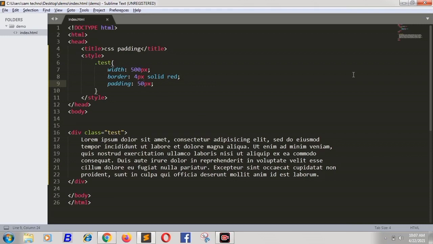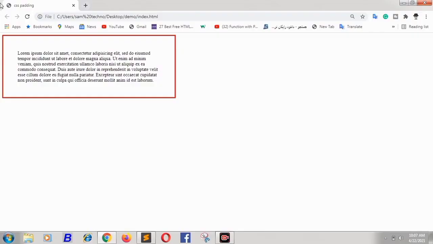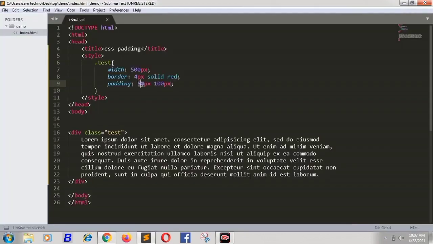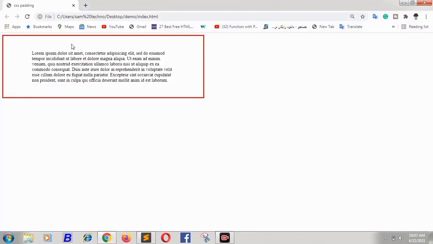But if I write 50 pixels and 100 pixels, then Control S, save and refresh. It means 50 pixels from top and bottom, and 100 pixels from left and right.